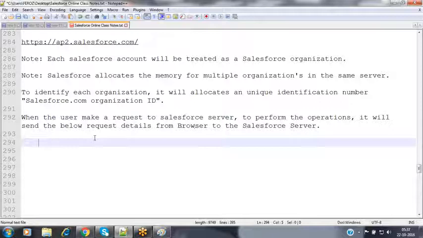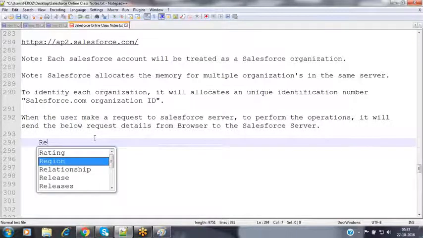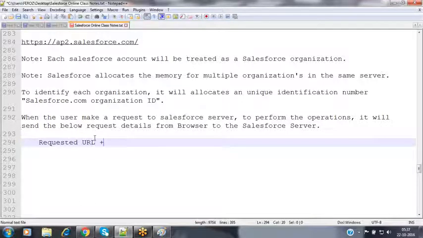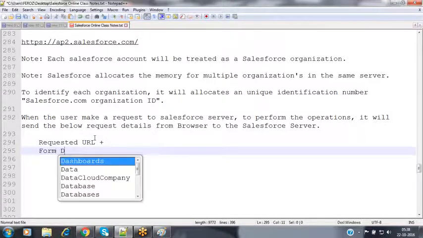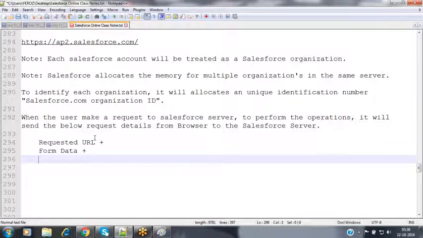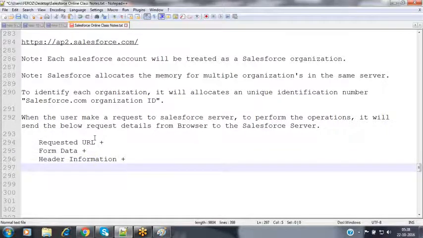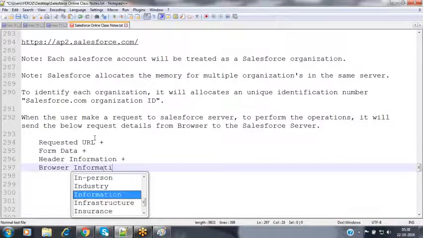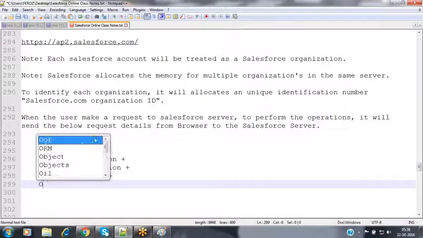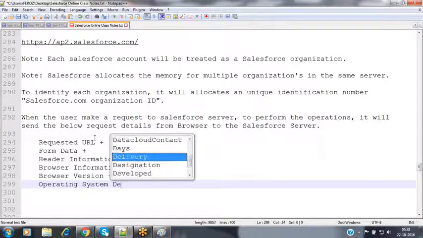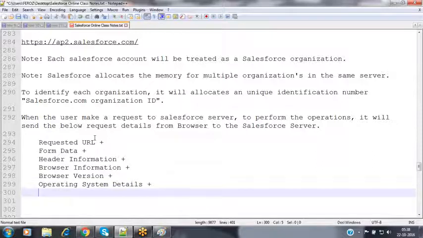Generally, what kind of request will be sent here? From the browser side, it will send the requested URL, and then the form data, whatever data you have entered inside the form, and the header information, and then the browser information, and the browser version, and the operating system details, which operating system and which version you are using right now in the system from which you are making the request.